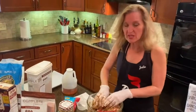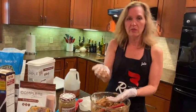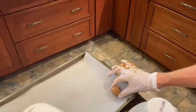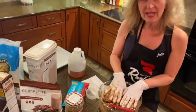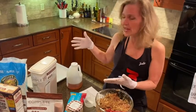So what we're going to do is, after this is well blended together, you're just going to grab a little bit like this, and you're going to just roll it together and make a ball. Throw it on a cookie sheet with parchment paper if you want, or it can just be a plain cookie sheet. Doesn't have to have parchment paper on it. But once I get these all rolled up and on there, and they can be tight together,